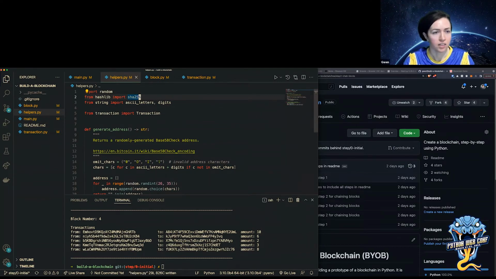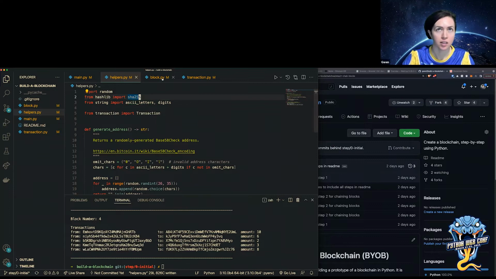Now, this is SHA-256. Ethereum uses, I think it's called Keccak-256, and different libraries use different hashing functions, but it will all be the same idea behind the hashing. So this is just the one from hashlib in the Python library.